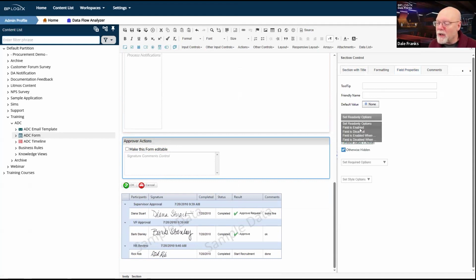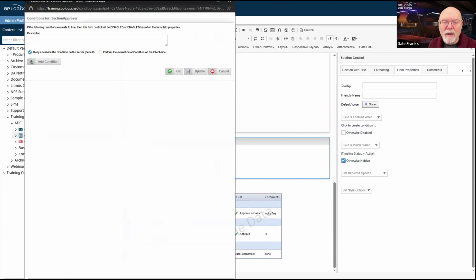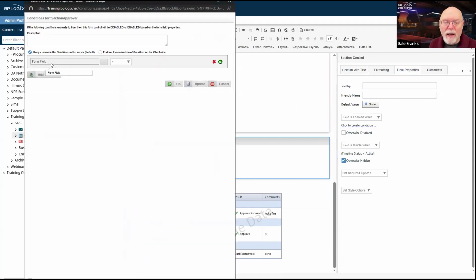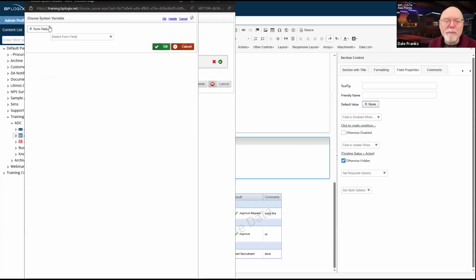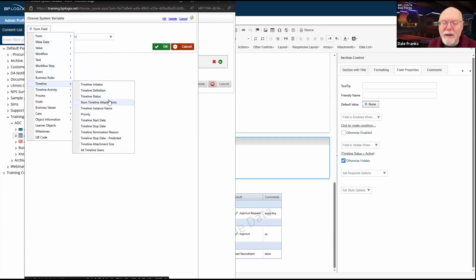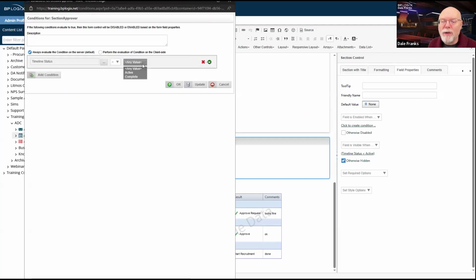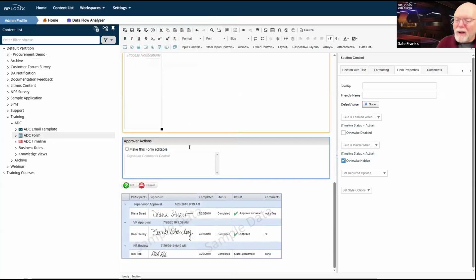So I do want to go with field is enabled there, and my condition once again will be when I'm actively running in a process timeline. Timeline, there it is. Timeline status equals active. Okay, great.